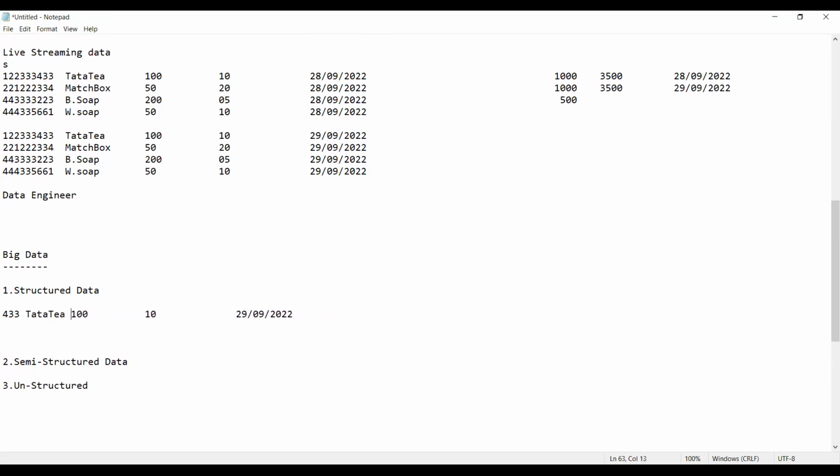Okay, guys. So next, after this, we have semi-structured data. What do you mean by semi-structured data?